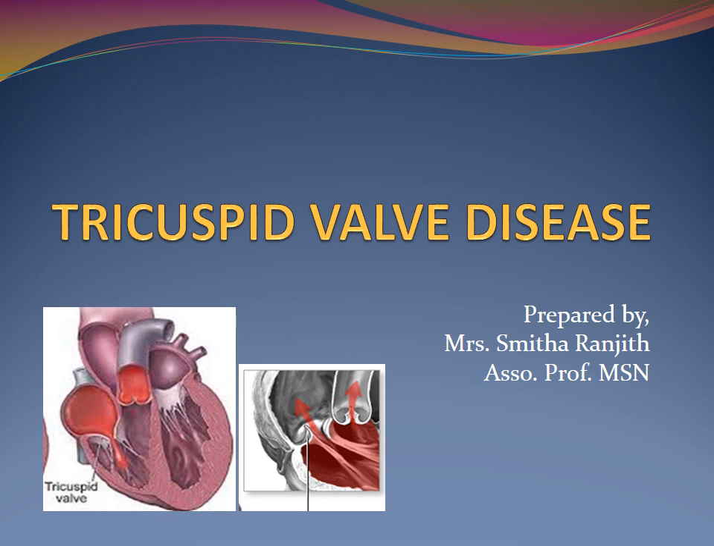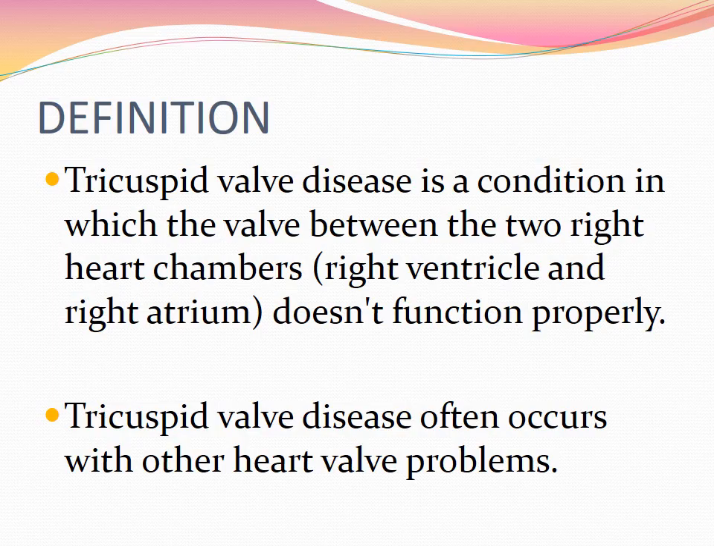Hello students, now we are coming to the last valve disease, that is the tricuspid valve disease. The tricuspid valve is present between the right atrium and the right ventricle. It is supposed to effectively pump blood from the right atrium into the right ventricle. Now if this does not happen effectively, there could be some kind of valve disease again, which could